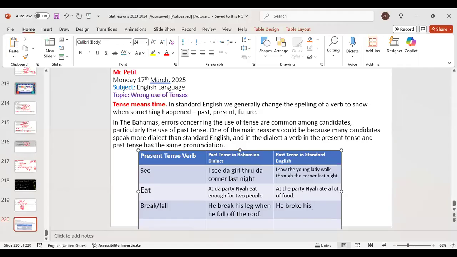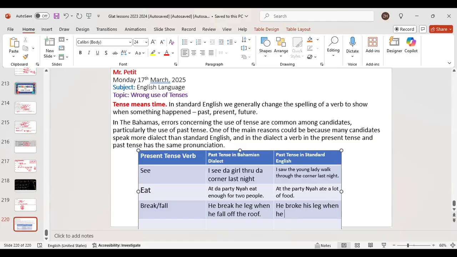He broke his leg when... Real British English. Yes. Okay, we all have he break his leg when he fall off. Okay, in Bahamian dialect, is he break he leg like he. Oh, that is true. That is true. He break his leg, that is true. That is true. He broke his leg when he